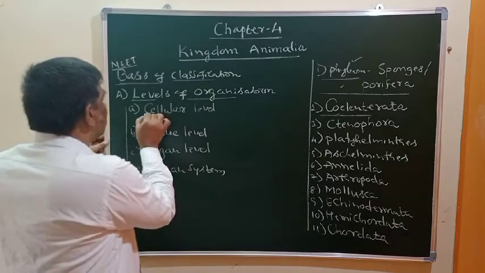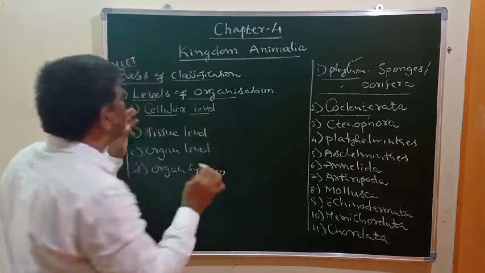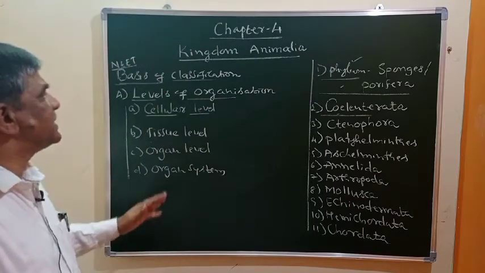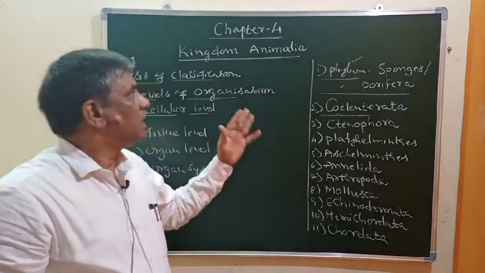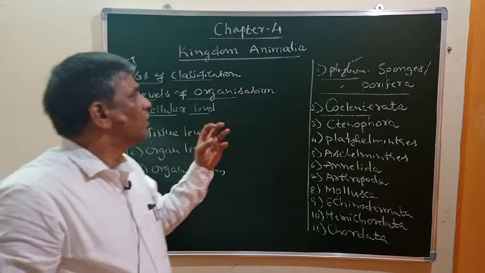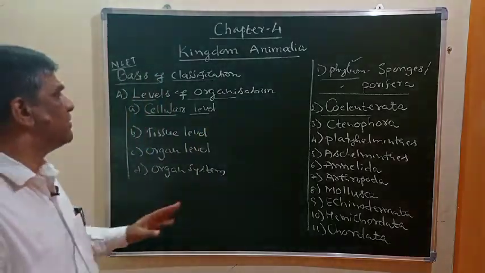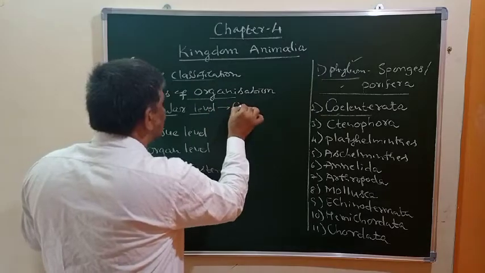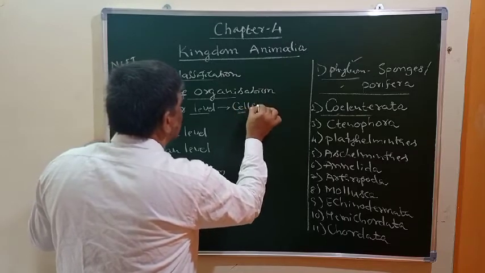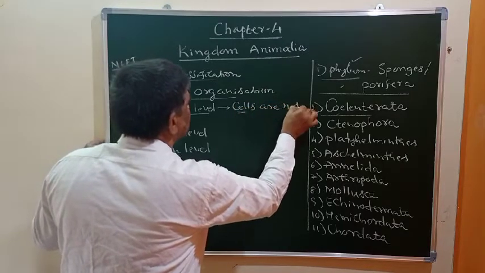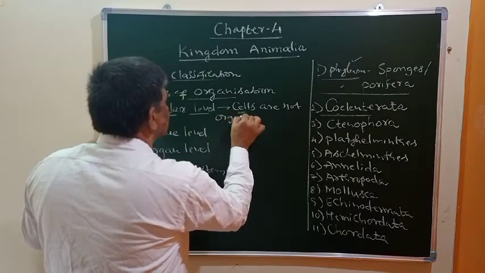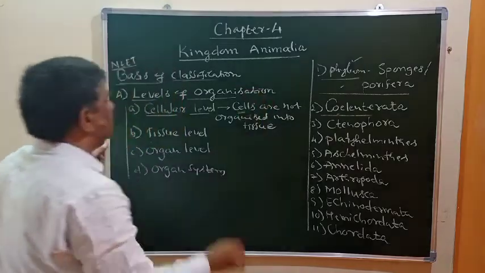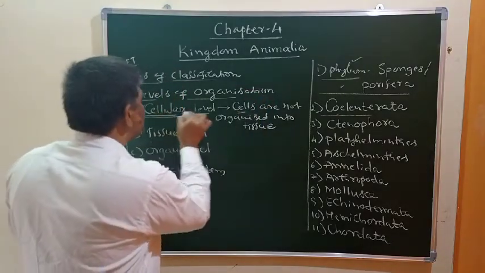Now, what is the meaning of cellular level of organization? This is the basic one. You know very well that all animals are multicellular, which we studied in the previous lesson on the characteristics of animals. Here, in their body, only cells are present, and cells are not organized into tissues. This level is called the cellular level of organization. The body has many cells,